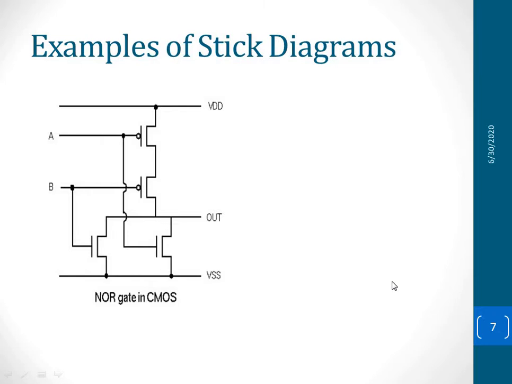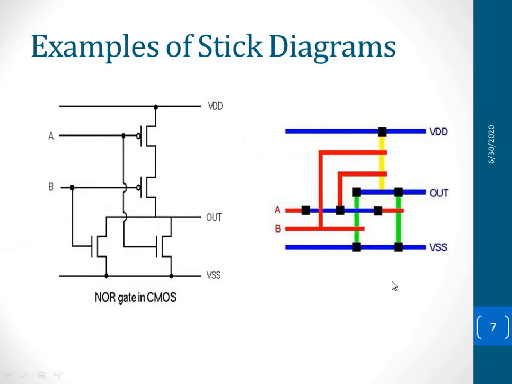Similarly this is a CMOS NOR. In the CMOS NOR with two inputs, you can see in the pull up these two are in series. So the P diffusion and both the polysilicon lines are in series, whereas these two are in parallel, and these two in parallel are taken up with polysilicon and given the inputs A and B.